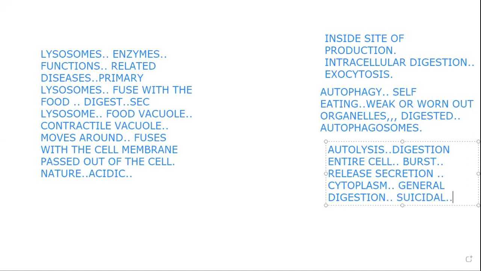Beta, these are all very important, and this can be asked in the board exam. They are called the suicidal bags, and this is also what happens during the process of apoptosis. Apoptosis is the programmed cell death, which is a normal process in our body, or we can say in necrosis. This is the situation that we see in necrosis also, in which cell death takes place due to spread of